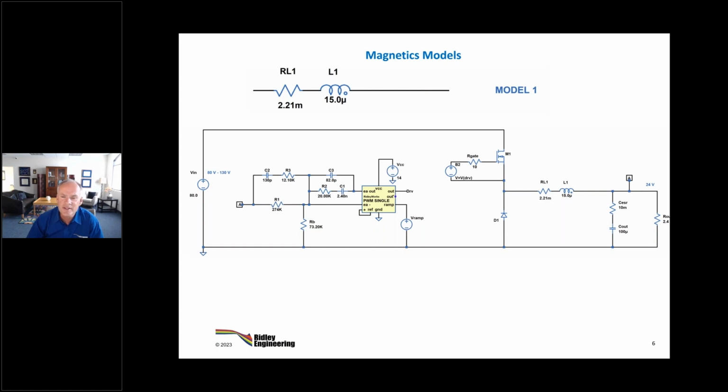And what is our objective? Our objective is that when we run a SPICE simulation on this circuit, we should be able to click on any element and find out what its dissipation is going to be. And that is true of the switches and the diodes, the capacitors, any of the passive elements here, even the control chip have models that will tell you the dissipation. And the one glaring omission is the magnetics.